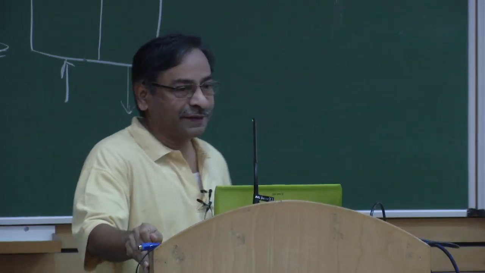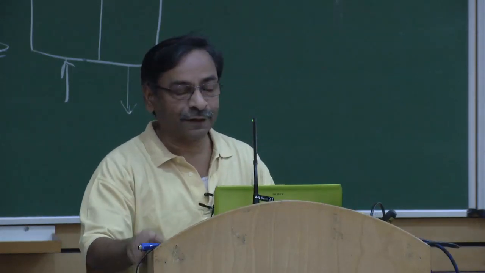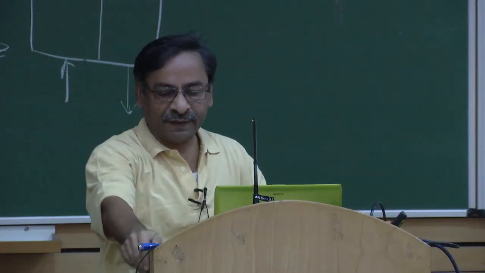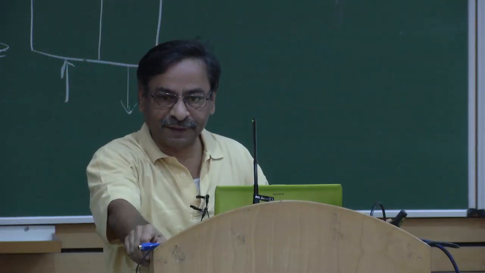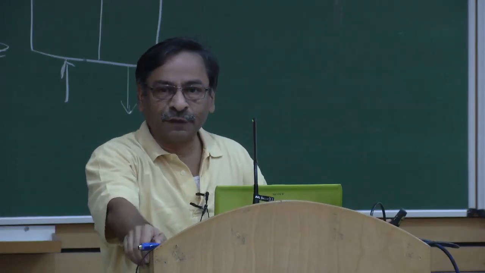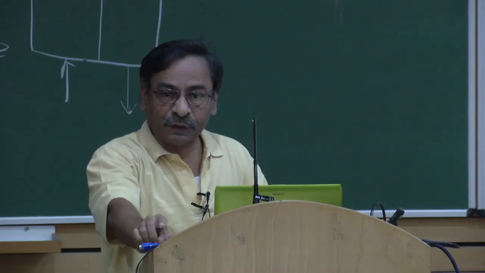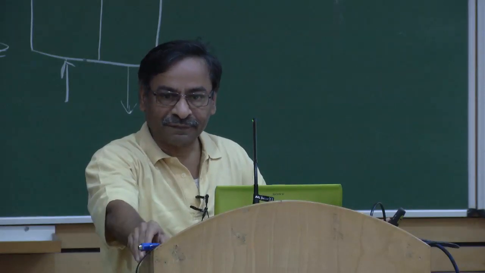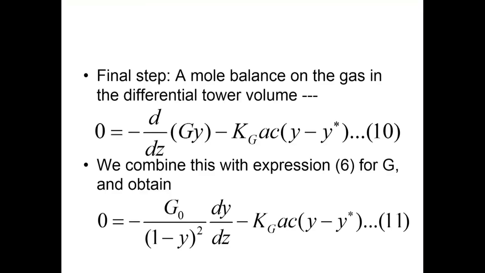You will have the same difficulty as earlier, but at least write the expression for the height of the tower. What will be the height of the tower L now? Small c is the total molar concentration. Let me go one step further. This entire operation we are presuming is at constant pressure, which is atmospheric. So, the total molar concentration will be simply total pressure P by RT. In this case, it will be atmospheric pressure by RT. That is a constant. So, separate the variables and integrate.